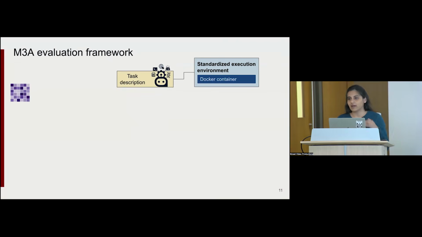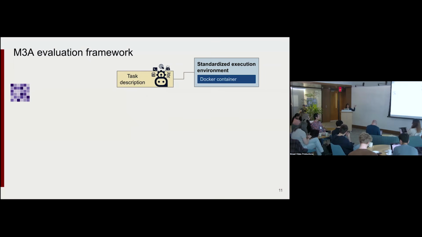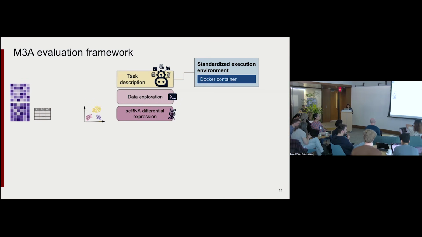Let me walk you through an example of how this is set up. So let's say that the agent has been given a task description and it is deployed in a standardized execution environment, which is basically powered by a Docker container and has access to this data set. So it starts with some exploration of the data set. It's able to do this because it has the ability to code and it has that Python coding tooling integrated. Then after exploration, the agent decides to do some single-cell RNA-seq-specific analysis, and in the process, some of the